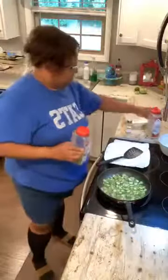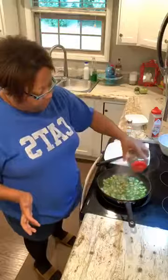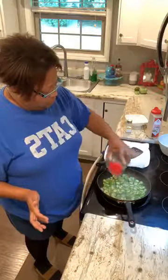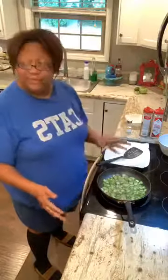Literally. So I rarely have regular size anything. But I'm going to put a little black pepper on here. I'm going to wait a second before I turn it. And then after it's cooked for the